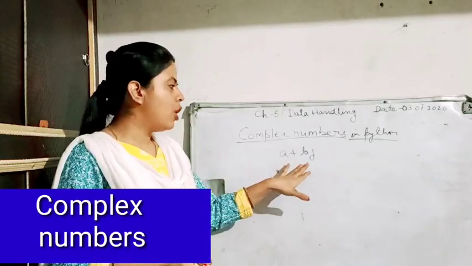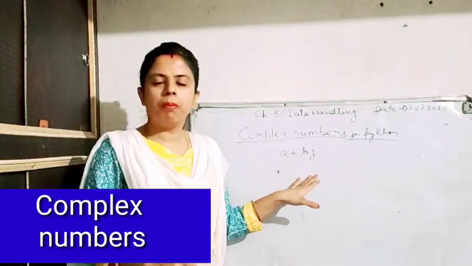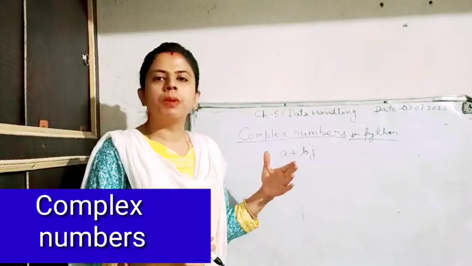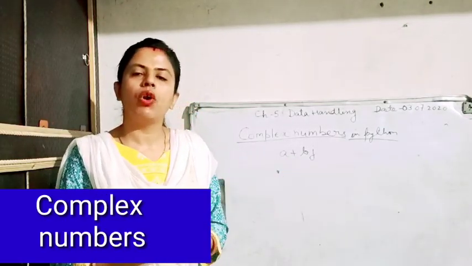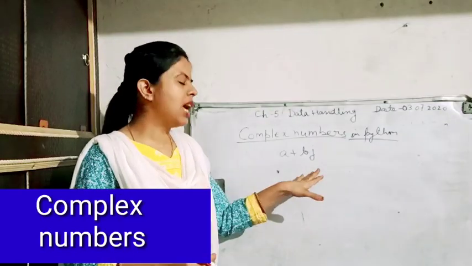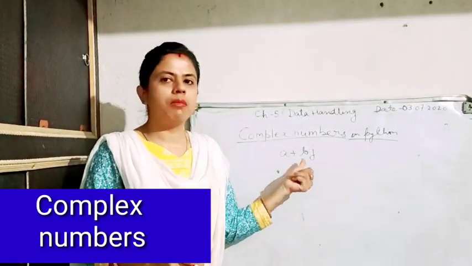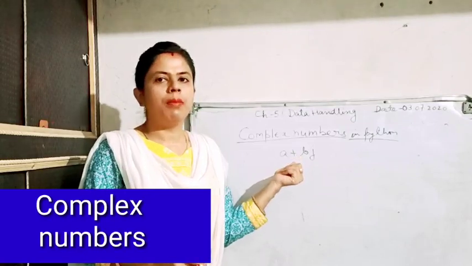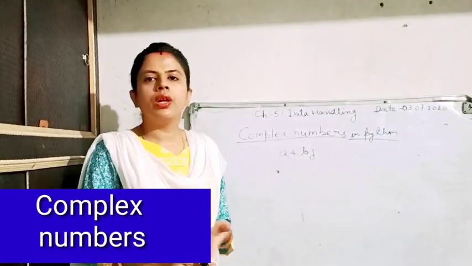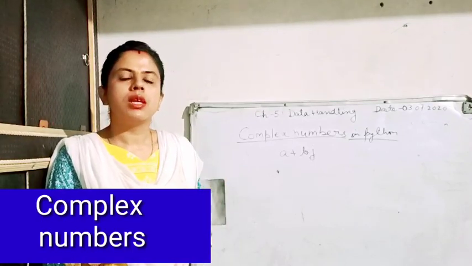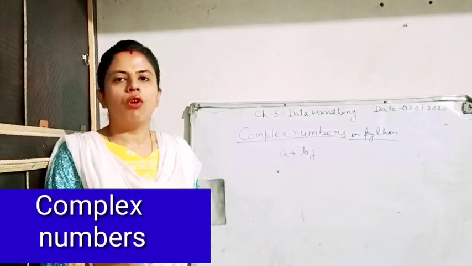Now i will not be used here as the imaginary part because i is the value which represents the current, and it is used in electrical engineering. So Python has boycotted that i, and it has used j as the imaginary part in the programming language. So that is the only reason that we are not using i, because it is already, you can say, reserved for the current.